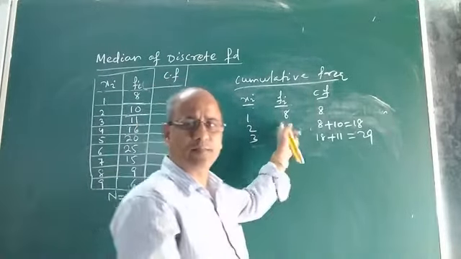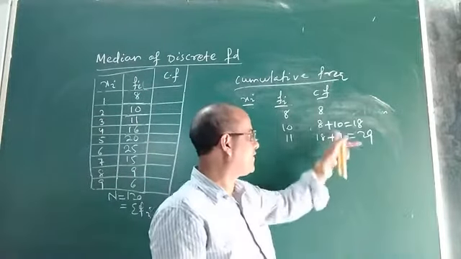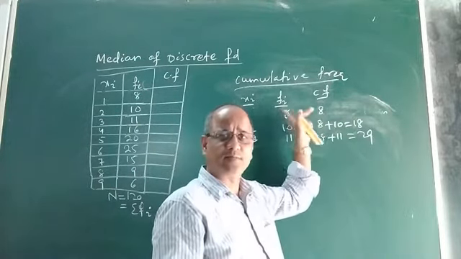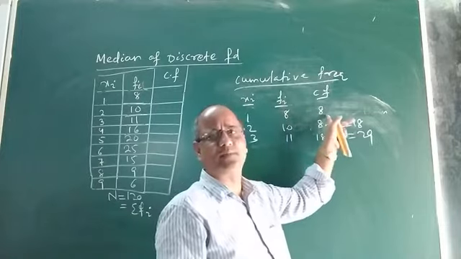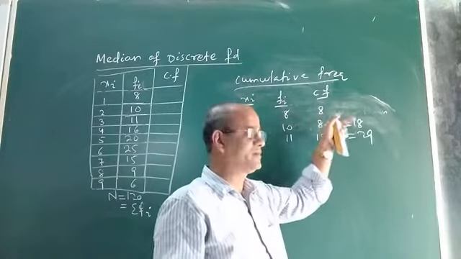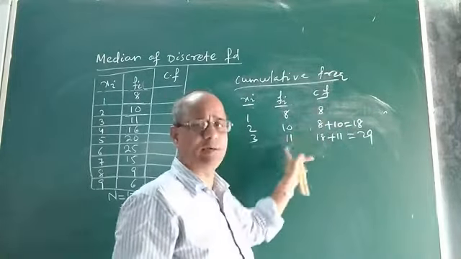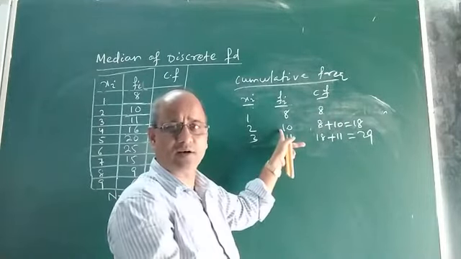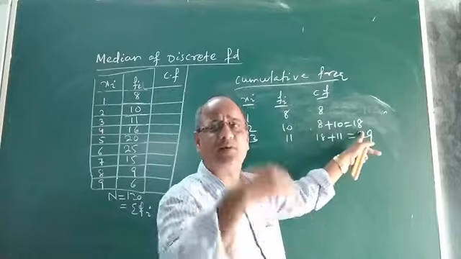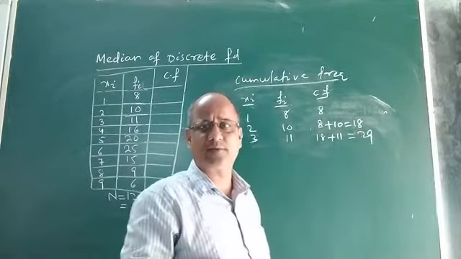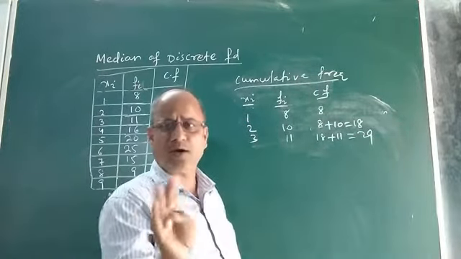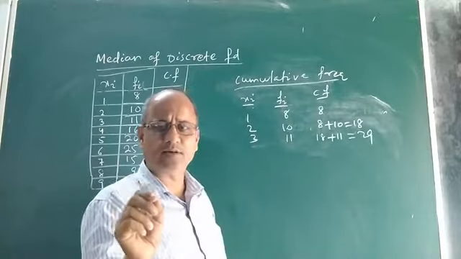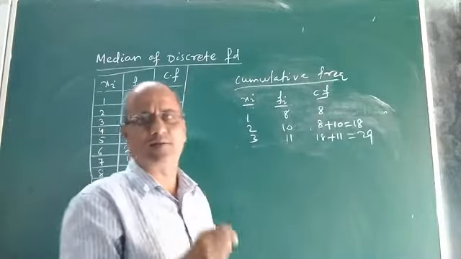To get the cumulative frequency of all the observations, first, whatever is the frequency of the first observation, that will be the cumulative frequency of the first observation. Then just keep on adding the cumulative frequency to the frequency of the next observation to get the cumulative frequency of the second, third, fourth observation like this. Okay. So now you know what cumulative frequency is. Now you can easily find the value of the median.